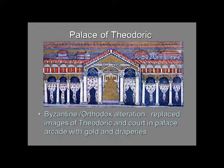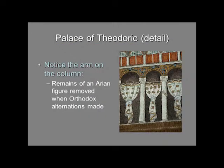Now, how do we know that? Look closely. This detail. There is an arm that goes across one of the columns. So presumably there was an Arian courtier there, and his arm extended out in front of the column. And when the new Orthodox rule came in and had their artisans replace all of those